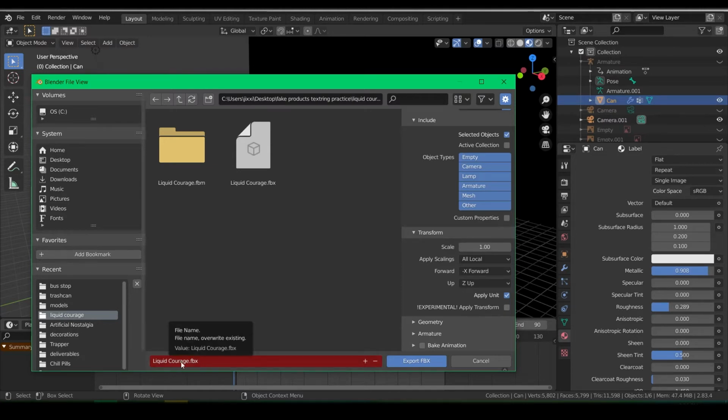Next, we need to name it something that Unreal will accept. Key note here is that Unreal does not accept files with spaces in them. So you have to either change it to something with underscores. So liquid_courage. It'll accept that. Or you could do something like camel case where it's no spaces but capital letters for each word, or whatever file naming format works for you as long as it doesn't use spaces. So now I'm going to export this,